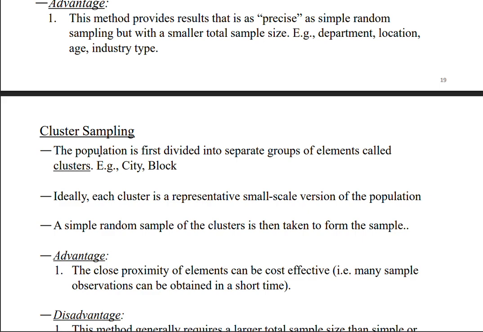And so let's say I want to perform a sampling selection in the Prince George population, and I want to use cluster sampling, right? What I would do is divide my population into groups based on proximity. So those living on College Heights will be one cluster. Those living by Foothills will be another cluster. Those living downtown Prince George will be another cluster. Those living by Costco will be another cluster. Those living on the Hart will be another cluster. So then I have about 5 or 6 clusters, and I'll randomly choose from all of these clusters to form